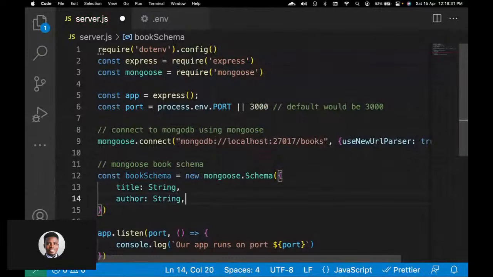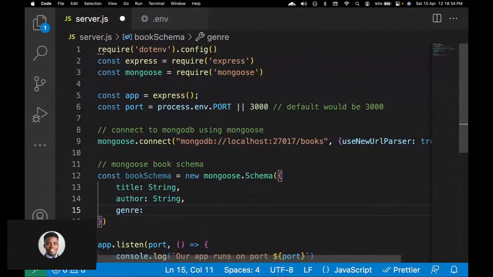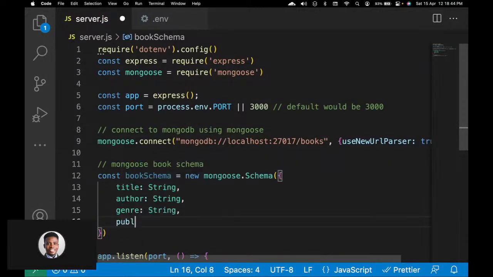What else? We can have the genre. That should be, yeah. I think I can see Godfrey and Mark. Welcome. So for the genre, we can also have a string, and they can call this published dates or maybe